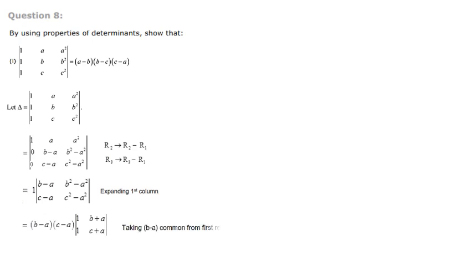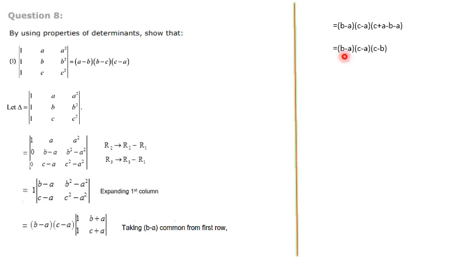Then just go for the calculation, that is b minus a into c minus a, that is the outside part, then multiply 1 into c plus a, that is c plus a. Next 1 into b plus a, that we have got b plus a, that is the minus part, minus of b plus a, that is minus b minus a, removing the bracket also. Then here a minus a is cancelled.